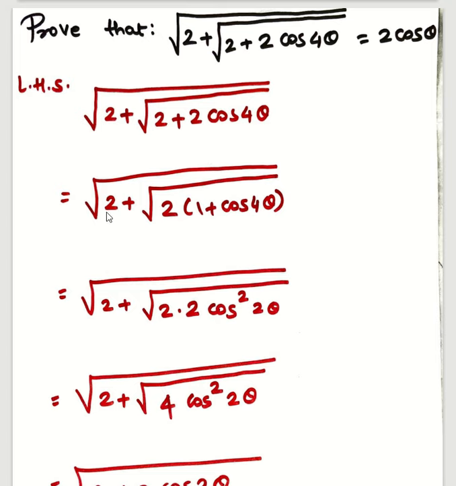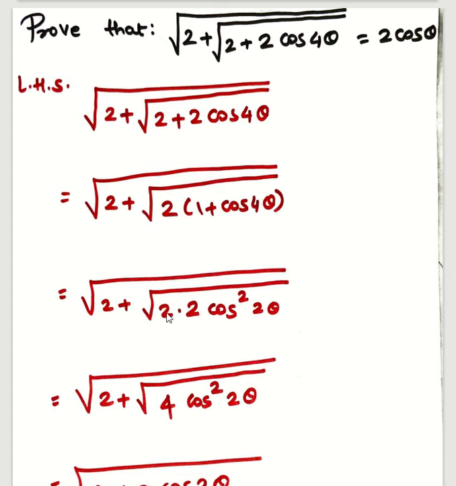So in this step number 1, this is your inner root. 2 + 2 cos 4θ, what is common in this? 2. So in the next step we are writing 2 as common, and inside the bracket it will be 1 + cos 4θ, and this root, that is the main root, and the 2 plus will remain as it is. Again the main root, then 2 plus will remain as it is. This 2 will also remain as it is.